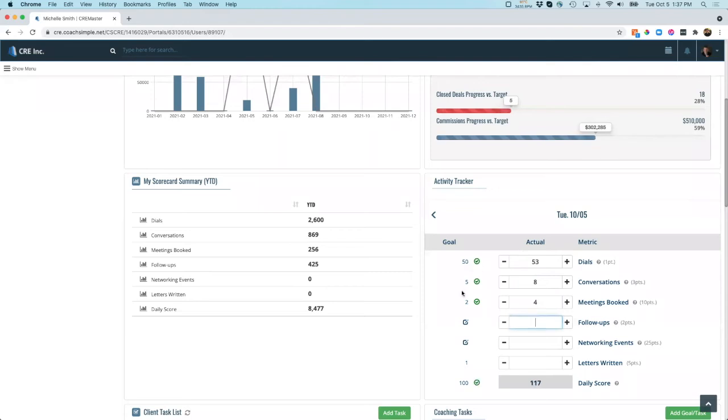Now you'll set up goals with your agents, especially the newer ones. And so this way they'll actually be able to see what their goal is and if they've accomplished the goal for the day. You'll also be able to add a point system into the sales tracking if you'd like to use that